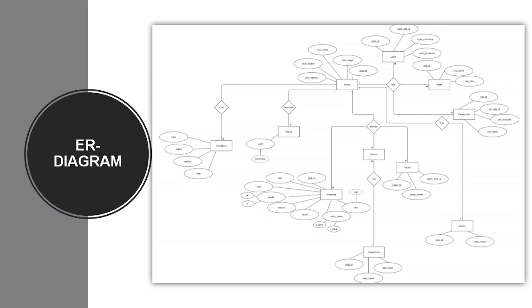And also, based on the ER diagram, we can establish the following mapping cardinalities. One admin has many logins, one admin has many roles, one admin has many permissions, one admin can do one search, one admin manages many employees, one admin manages many divisions, one admin manages many salaries, one department has many divisions, one admin generates one report, one admin can do many operations. So this was all about our ER diagram.